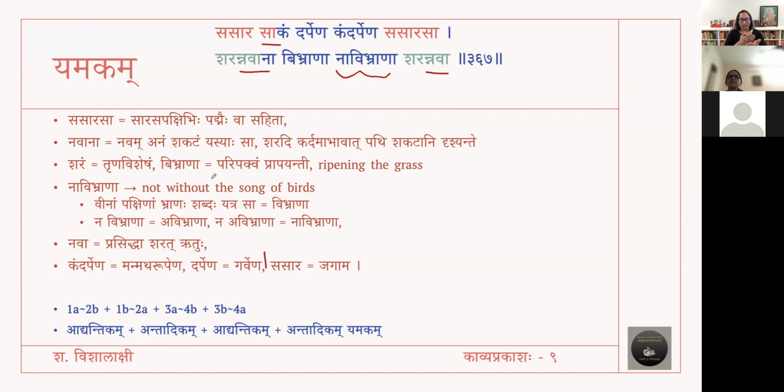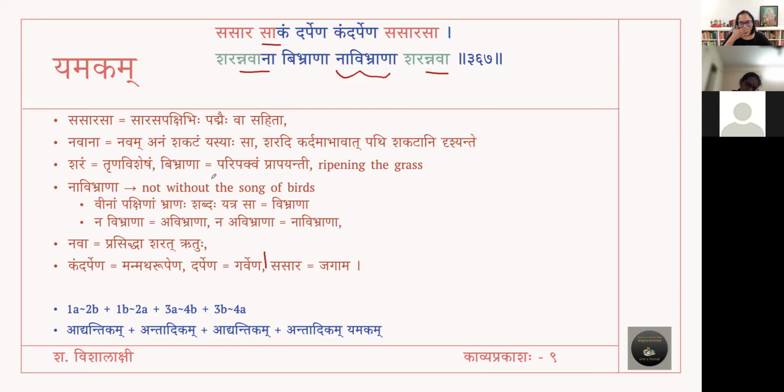Okay, so Sharatkala seems to be moving around because she has so many beauties in her, like lotuses, the sound of birds, and she also knows how to ripen the grass. Praudhatvam tatra vartate. It is not Vasanta Kala where the world is just starting to bloom. No, Sharatkalam represents a Praudha Naika. She is more like a mature woman who knows the ways of the world. It gives us that image here.